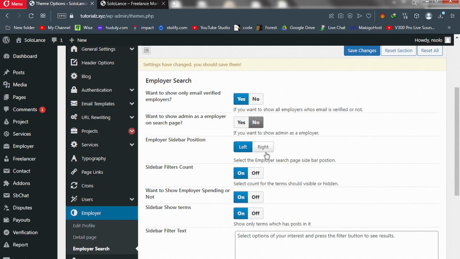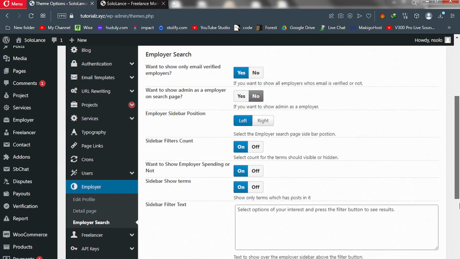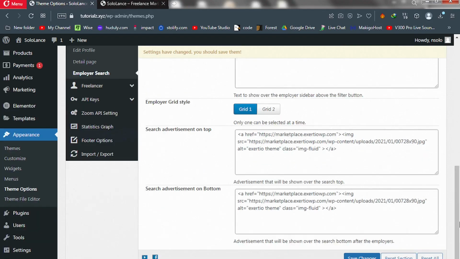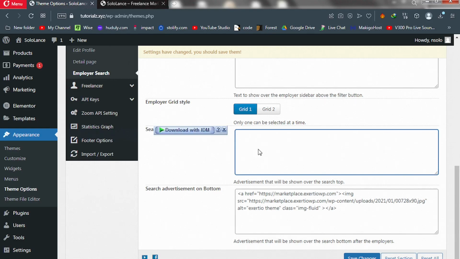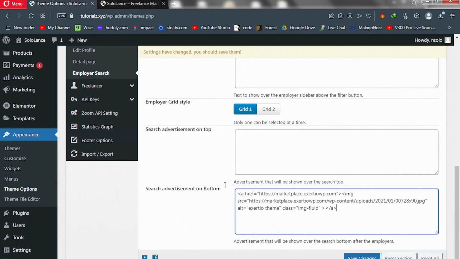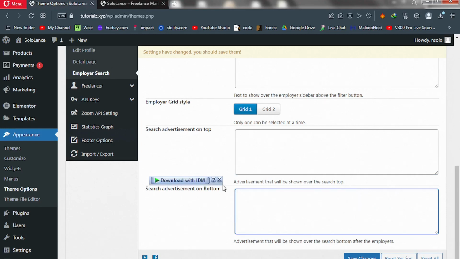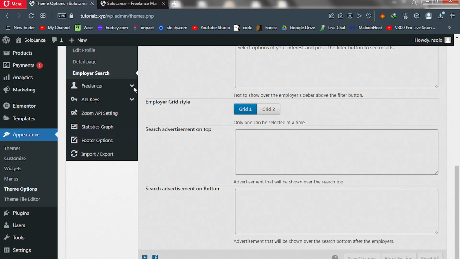Employer sidebar position, the site left or right. Sidebar count, leave it as on. Employer spending or not, on. Scroll down and then these ads, remove them. Let's remove them and I will click on what? Save changes. After that, let's go to freelancer